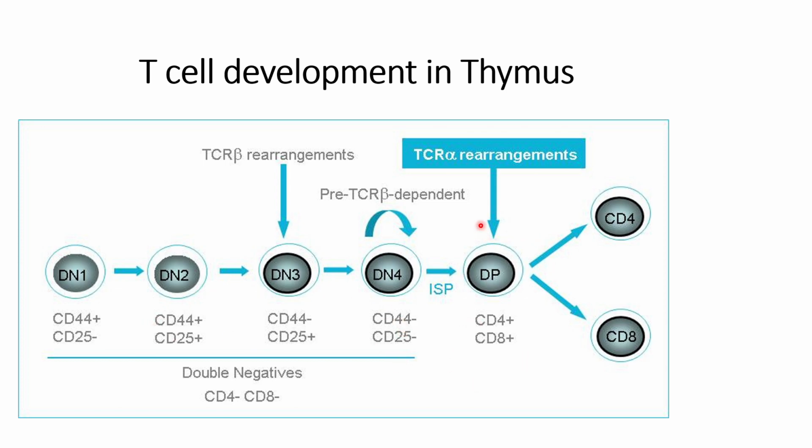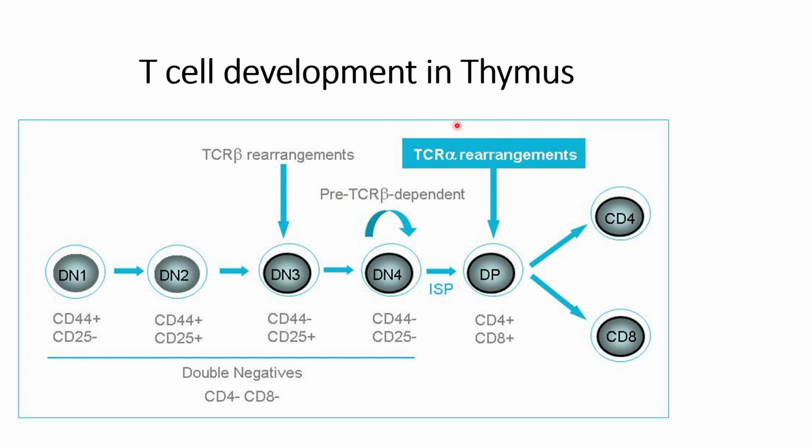So this is just a general description of how T cell development occurs in the thymus. The hematopoietic stem cells from the bone marrow first reach the thymus, and after this whole rearrangement, these stem cells have the capability to form any other cells. So these hematopoietic stem cells first form the early thymus